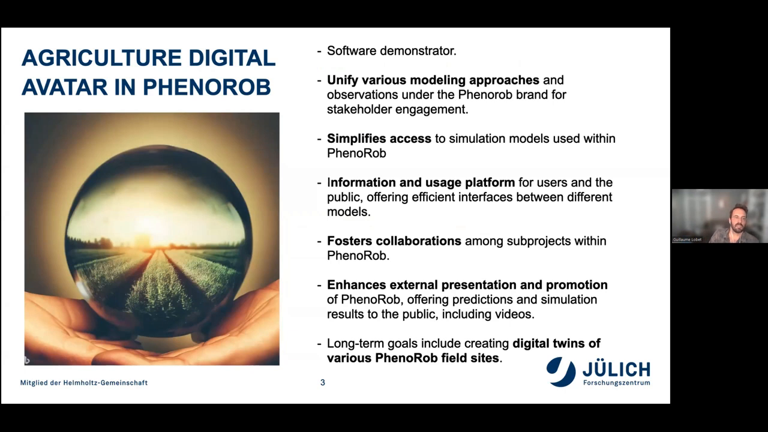The idea of this demonstrator within PhenoRob comes from the fact that we have several models used in PhenoRob, and I will go a bit more into detail after that. What we wanted to do is to make them more visible and make them more integrated. For that, there are several steps and actions that we are taking in this demonstrator. First is to try to somehow unify some of the modeling approaches. This is maybe a bit far-fetched because the models exist, they are there, but we try to make connections between them